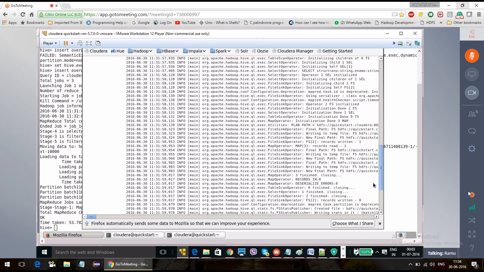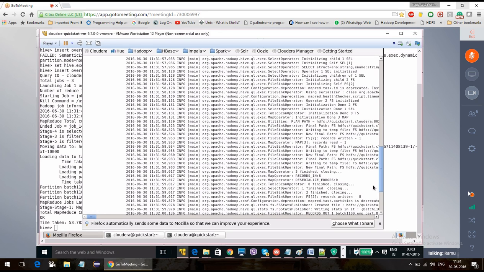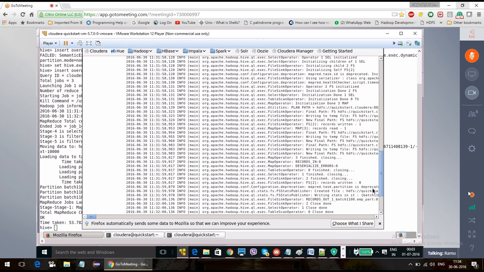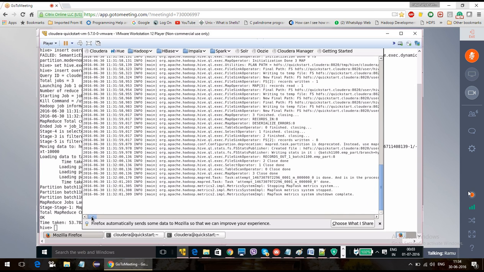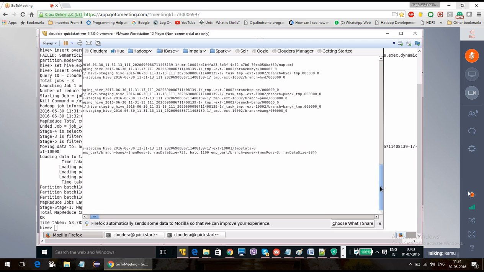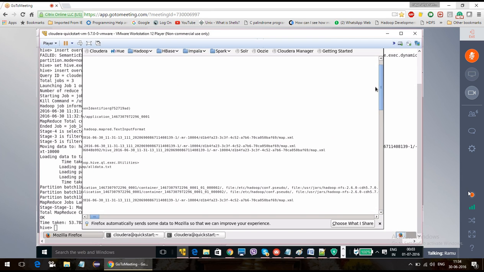How can you see the data? You can select it: select star from emp_part. You will get the data in such a way. Now I will show you how it is created in our HDFS.